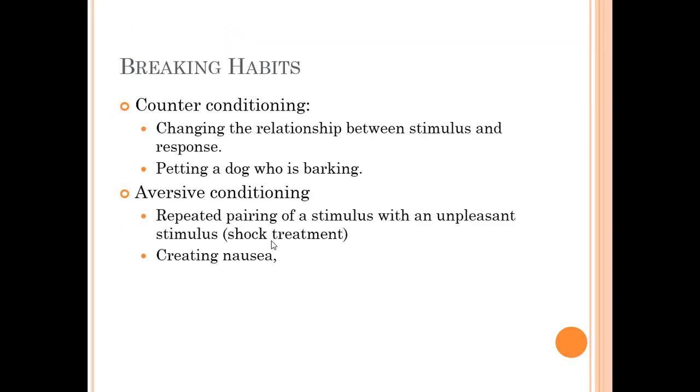Well, there's a couple of things that you might try. There is what we call counter conditioning, which is just changing the relationship between the stimulus and the response. We see this with people who have phobias. You might get them to stare at a picture of a dog and help them overcome their fear. And once they do, maybe you bring in a puppy and get them to pet the puppy. And at first, it's going to cause a lot of anxiety. But if you get them to pet the puppy, and of course nothing happens, they'll start to be able to break the conditioning, the learned response